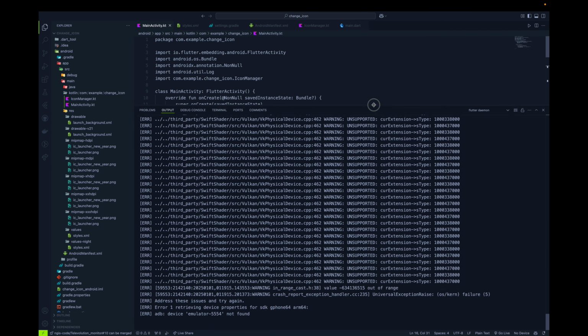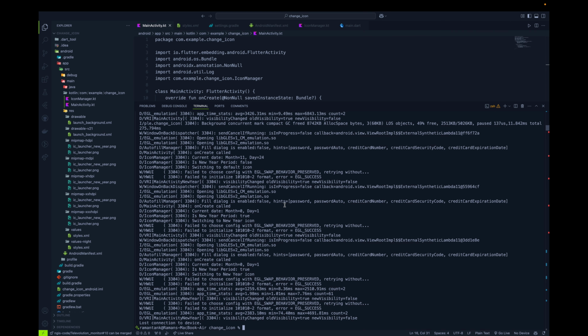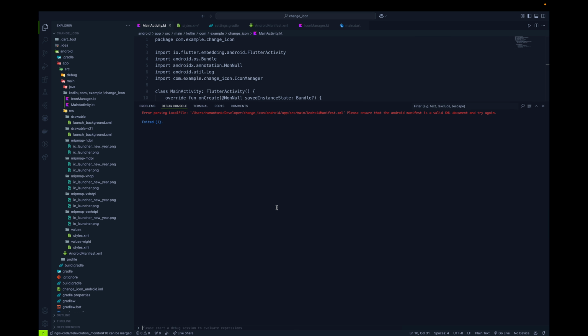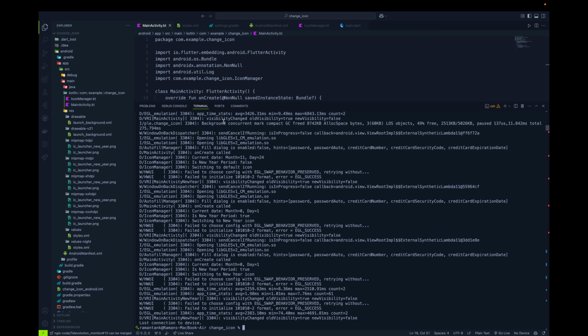Now there is one thing which I would like to highlight before we move further: Flutter has changed its engine from Skia to Impeller. I have tried to run the same code in the Impeller engine, but there is some problem while building or running the application. So for the sake of getting it to run, I'm running it on the Skia engine and